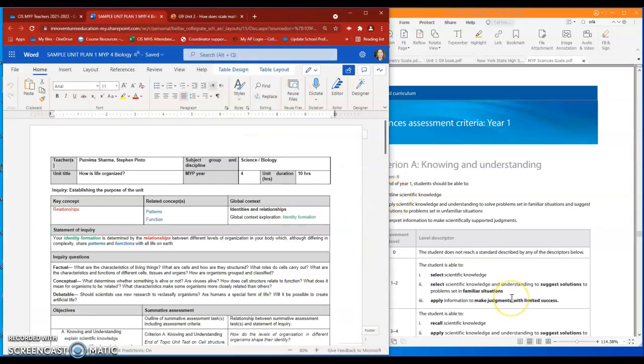Okay, good morning. I just wanted to record this information for you as we approach the formal observations. I wanted to show you an example of the MYP lesson plan. That is anything you plan for grades 6, 7, 8, and 9. So over here we have an example that